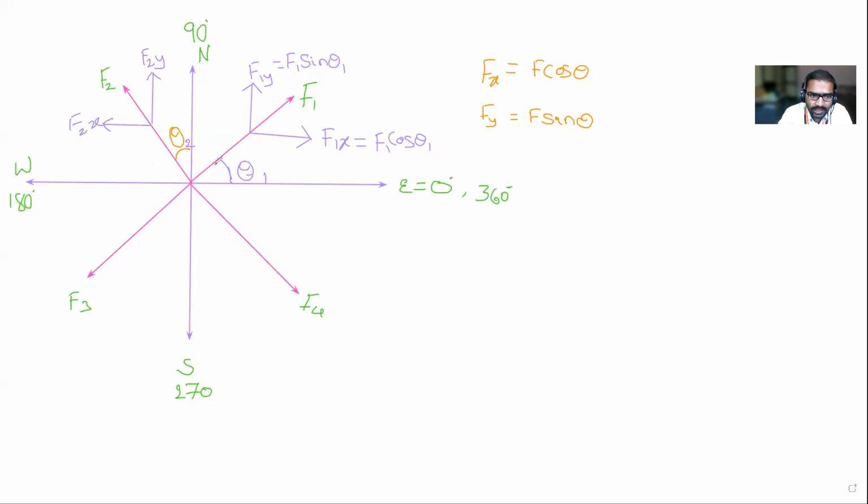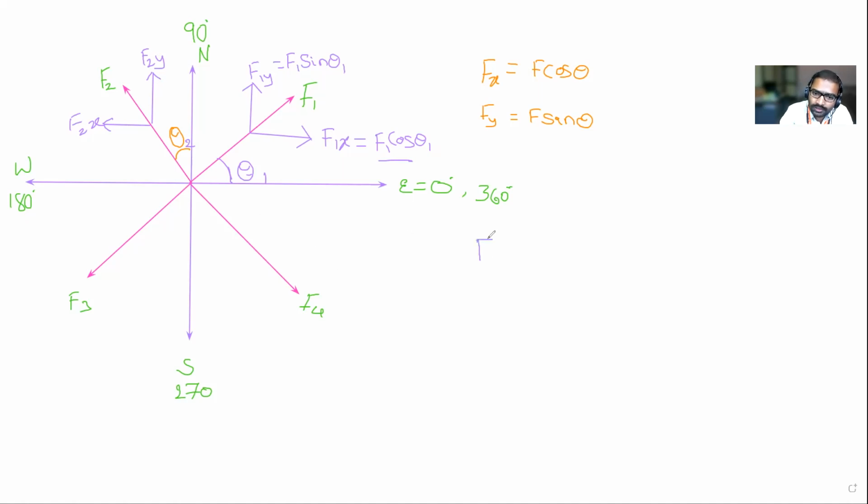Now listen to me carefully, everyone. Whenever a force is making an angle theta with respect to horizontal or vertical, for the component along the direction it makes the angle with, we take cos. Then for the other direction, we take sin. See, F1 force is making an angle theta 1 with respect to horizontal, so for the horizontal component we took cos. In the vertical component, what did we take? Sin. Okay, now come to the F2 force. F2 force is making an angle theta 2 with respect to the vertical direction.